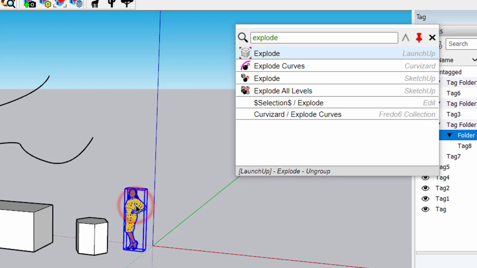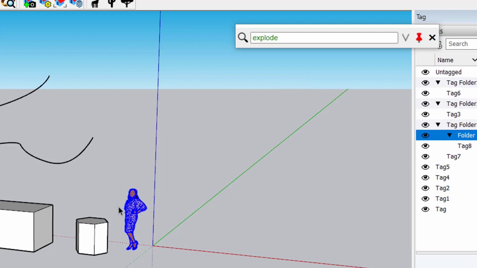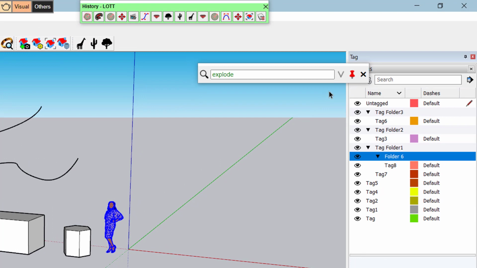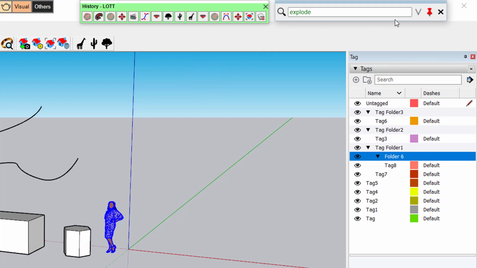And if, for example, you select this object, you can even access the explode of the selection, which is a contextual menu. If I click on it, I explode the object. The quick finder can be pinned.